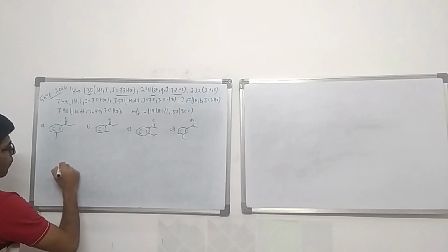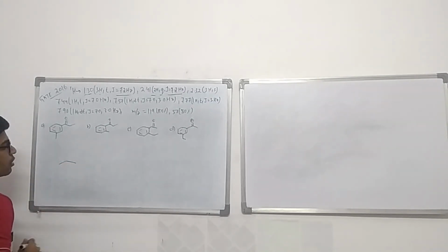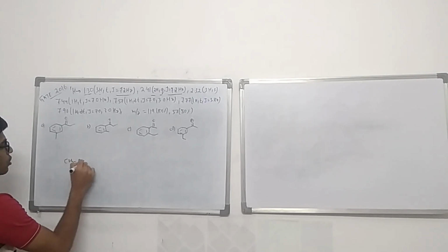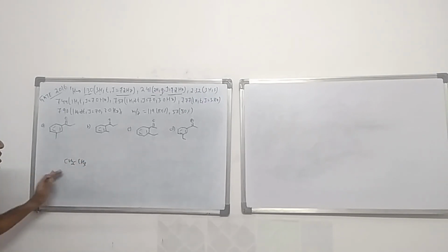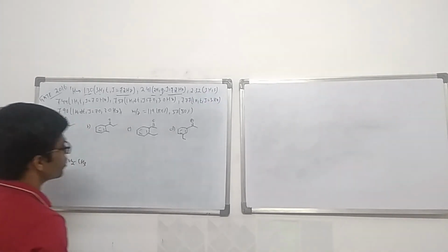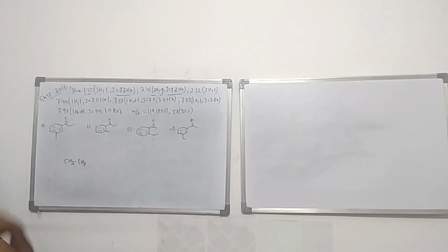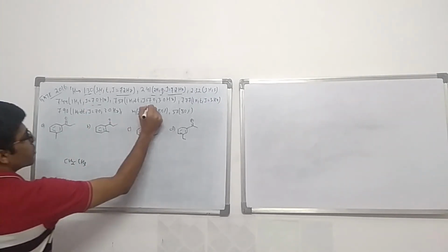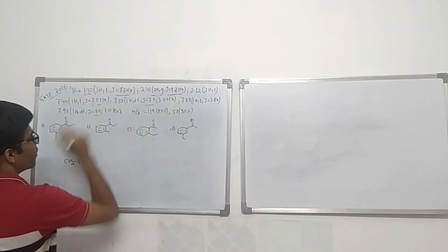So you will have a CH2CH3 kind of group present in your system. If this is the case, so far all of the structures remain. Okay. Now there is a given coupling constant of 7 Hertz, 7 Hertz, 7 Hertz.